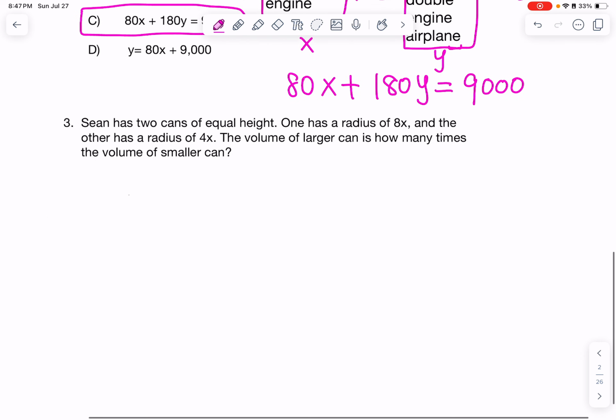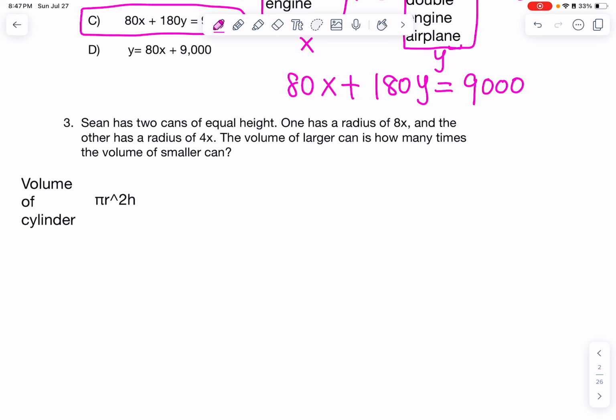And then number three. Sean has two cans of equal height. One has a radius of 8x and the other has a radius of 4x. The volume of the larger can is how many times the volume of the smaller can? To solve this problem, we need to know the formula for the volume of a cylinder. So the volume of a cylinder is pi r squared h. So we need to find the larger can